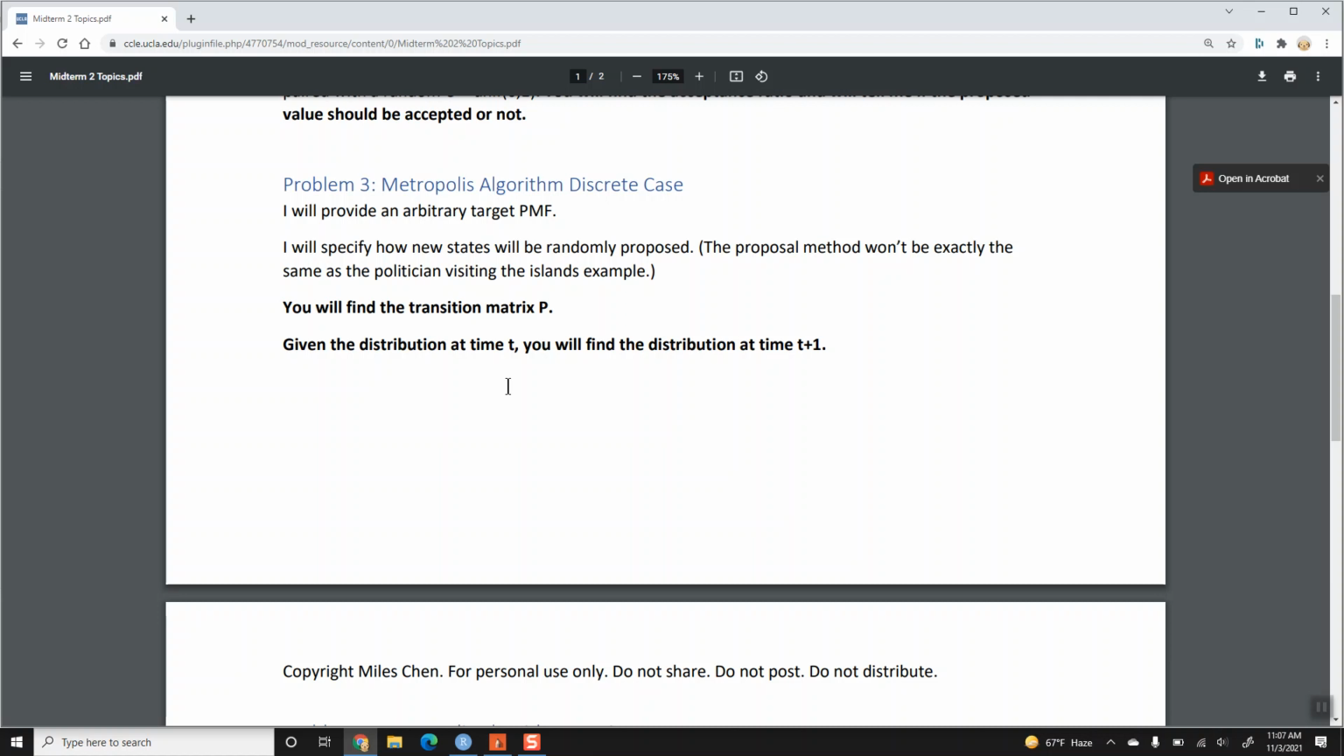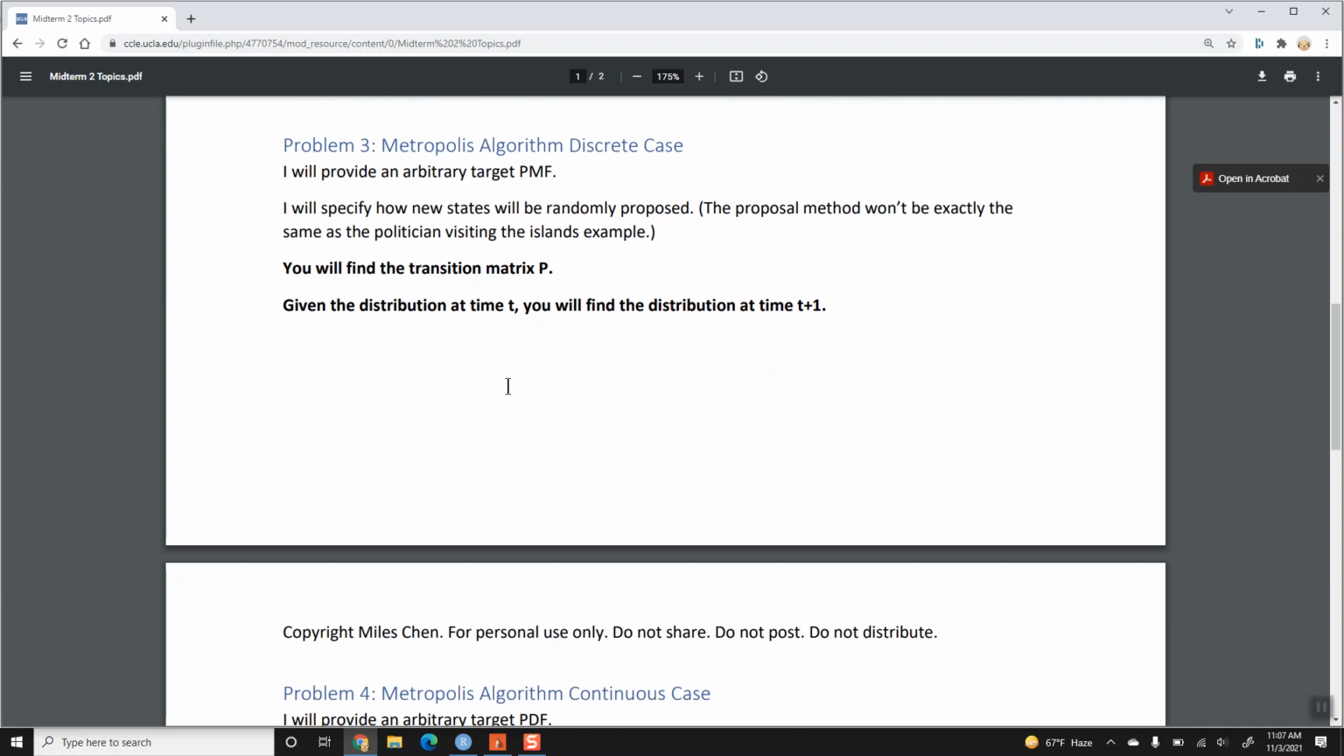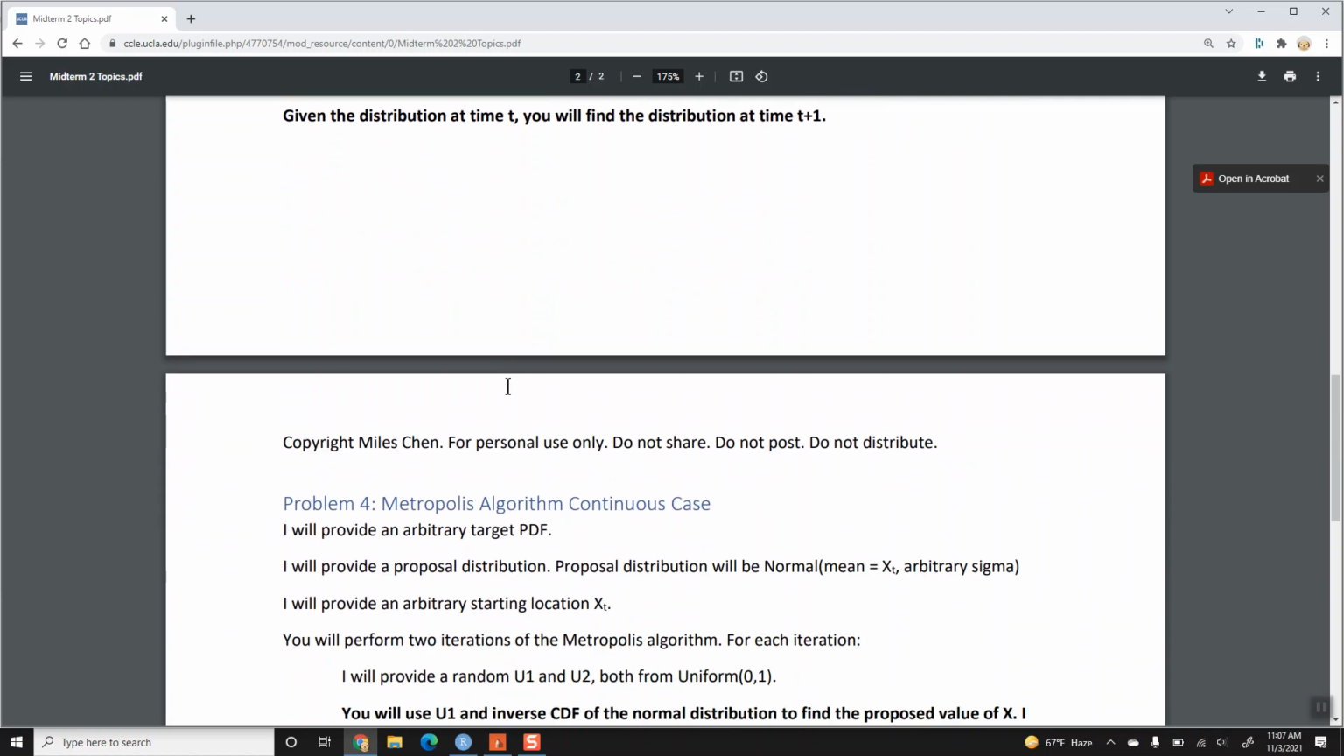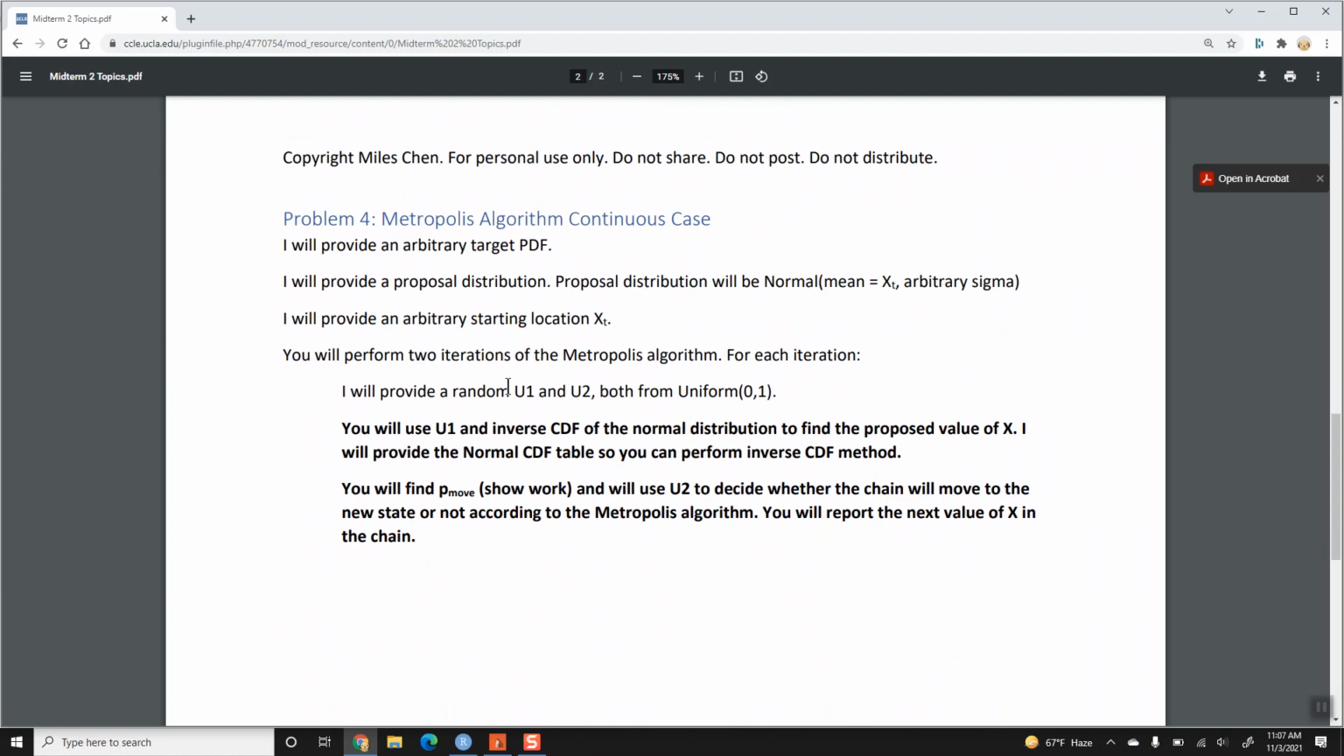Well, you basically just do some multiplication there. That will be problem 3. Okay, and then the last problem will be the Metropolis algorithm, the continuous case. And here I will have a continuous PDF as our target distribution, and we will have the